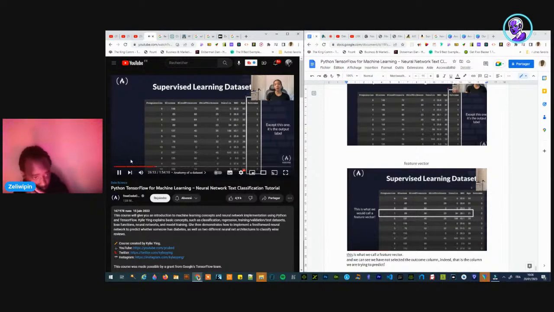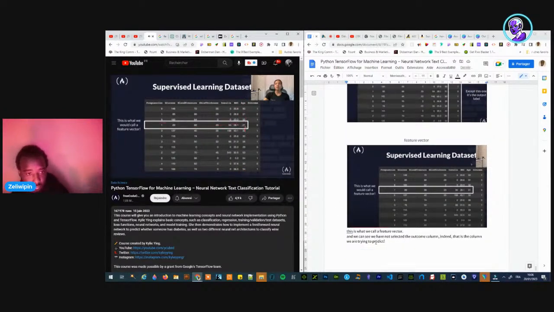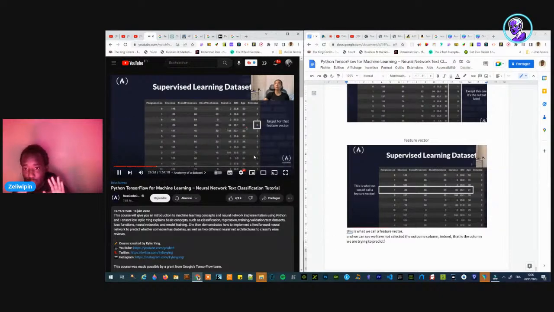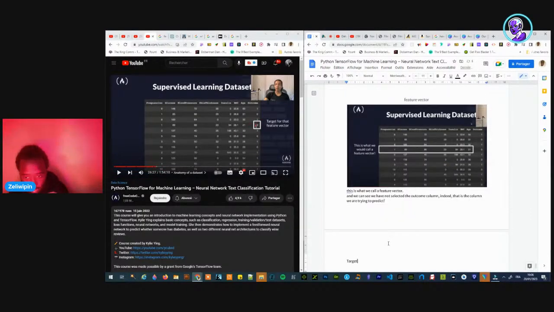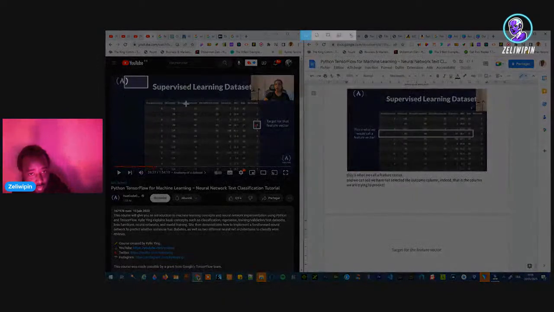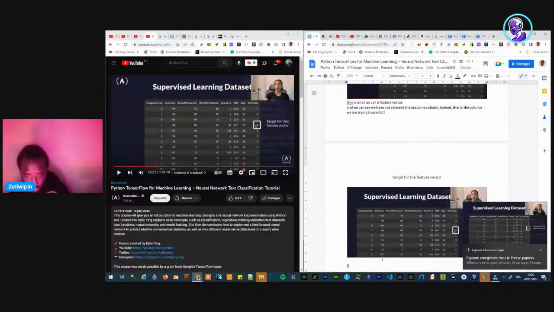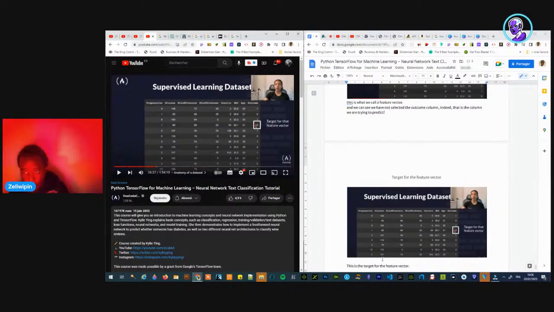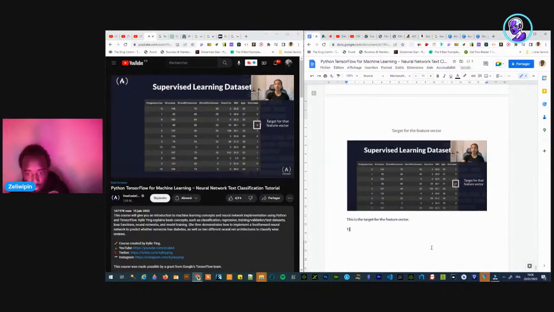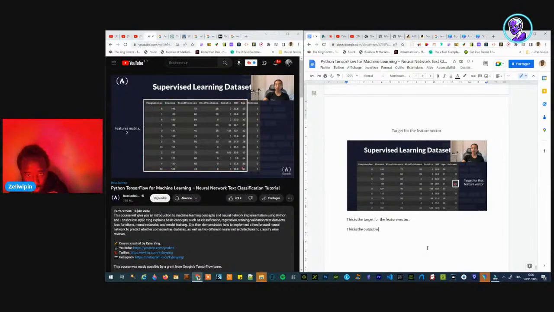The target for the feature vector. This is the target for the feature. This is what we are trying to predict.